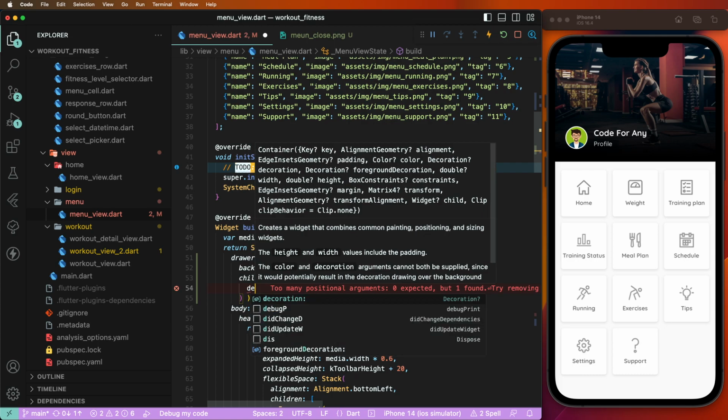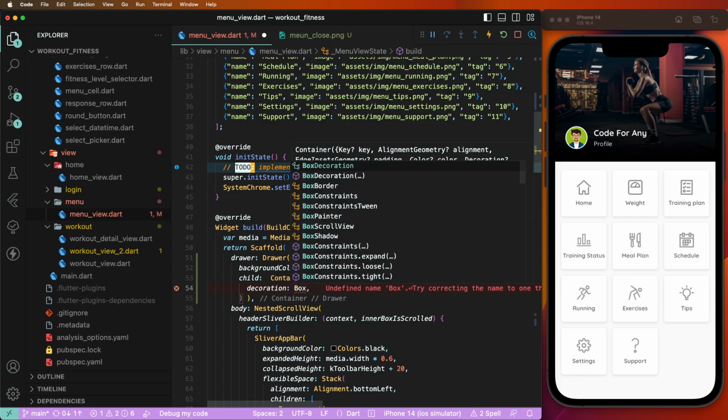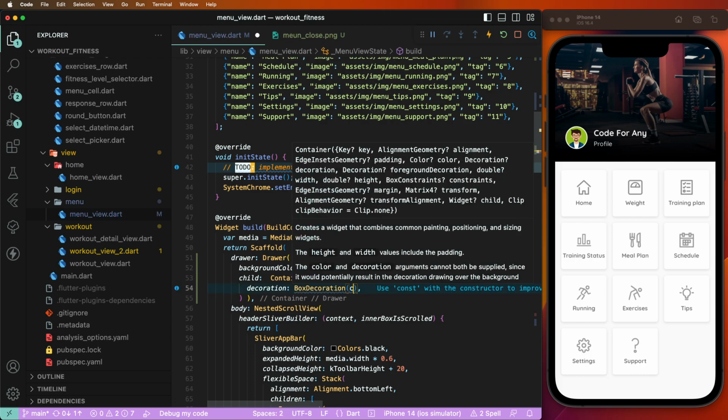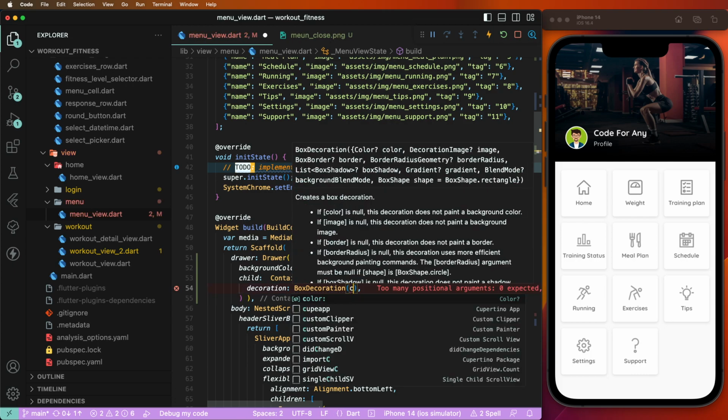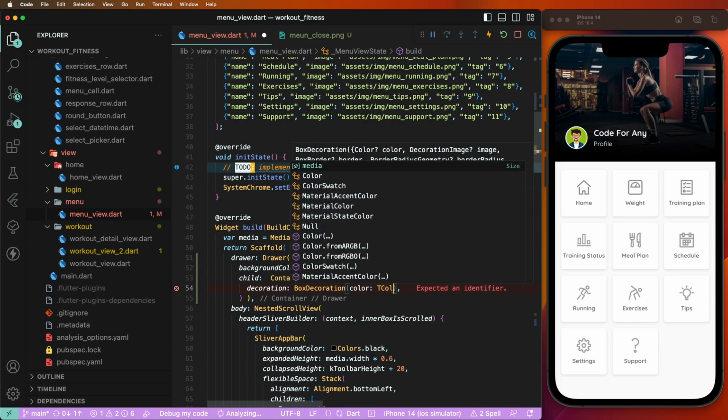We need to set the decoration, the box decoration, and give the background color. To set the color white,